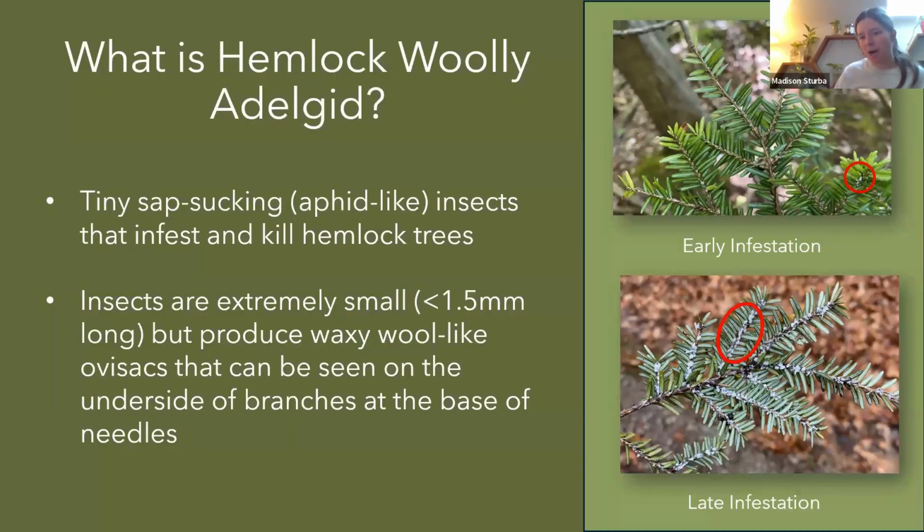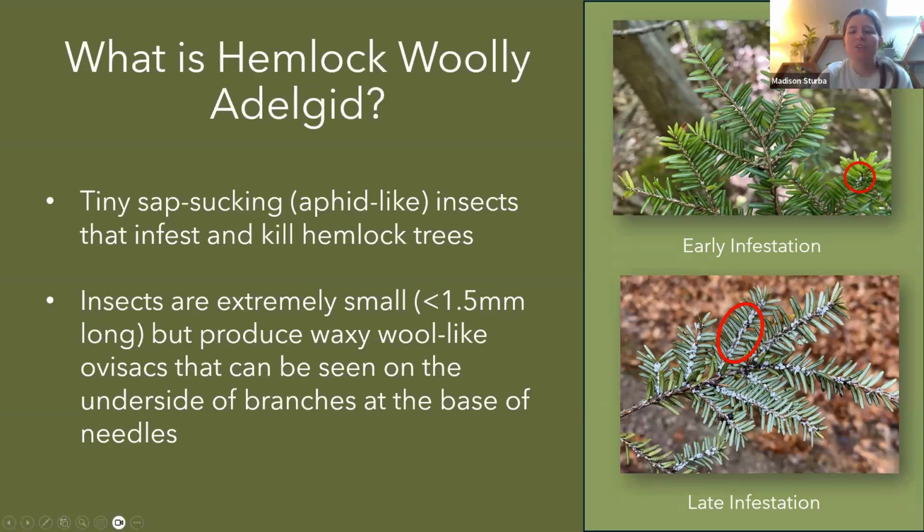Before we get into the actual monitoring, I thought we should talk about what this insect even is. This is Hemlock woolly adelgid. It's a sap-sucking insect that infests and kills hemlock trees. They're really tiny and hard to see without some sort of magnification, so what you're actually likely to see are these white ovisacs where they keep their eggs. They kind of look like little clumps of snow, little cotton balls. If you're walking through a hemlock stand, they'll tend to be on the bottom of the branches, so as you're walking, you can just flip over the branches and see if you can see any of these